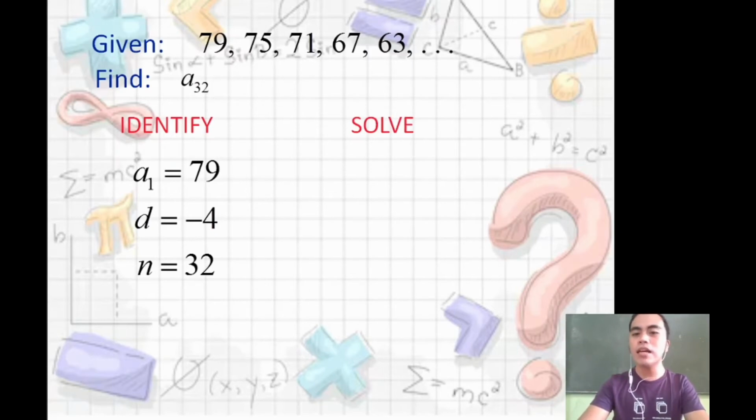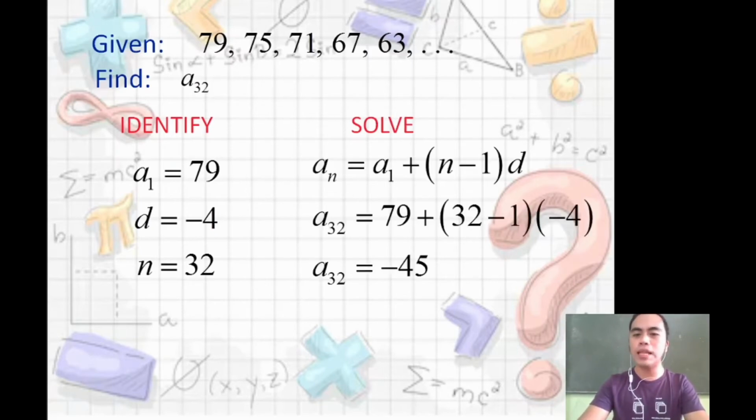So using the formula, you will have to substitute the value. So a sub n is equal to a sub 1 plus the quantity n minus 1 times d. What is your a sub n? Okay, very good. Your a sub n now will be a sub 32